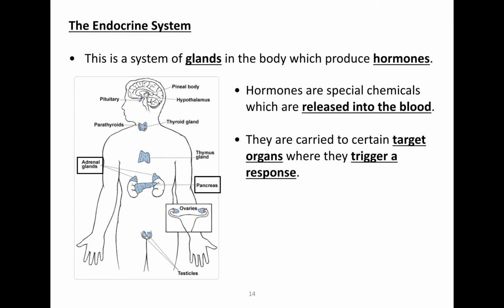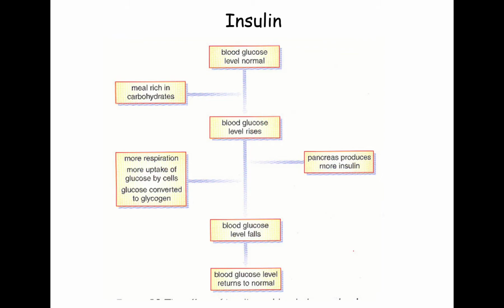And the one which we'll be mostly looking at today is the amount of glucose within our blood. Now the hormone associated with glucose that we've mostly heard of is insulin, but it is not the only hormone associated. We'll be looking at another hormone related to it as well. So insulin acts in a way in our bodies to control the glucose level. Insulin is involved whether blood glucose levels are too high or too low.